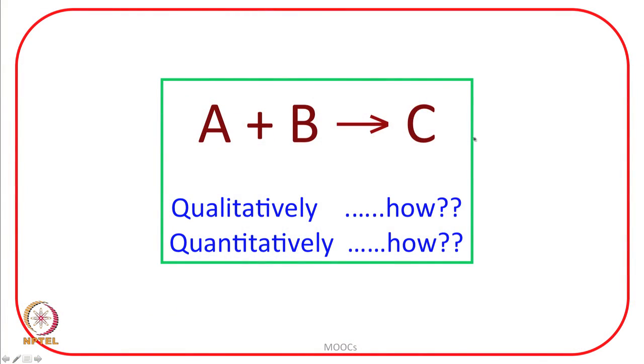And now let us discuss a technique which can give us how much heat is released or absorbed when two or more species are interacting. Let us take a look at this slide. We just start with an example of A plus B forming C. And whenever we talk about this kind of reaction,